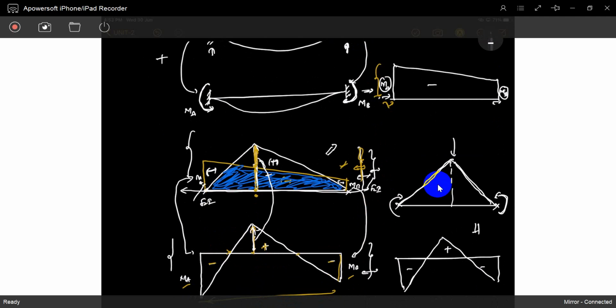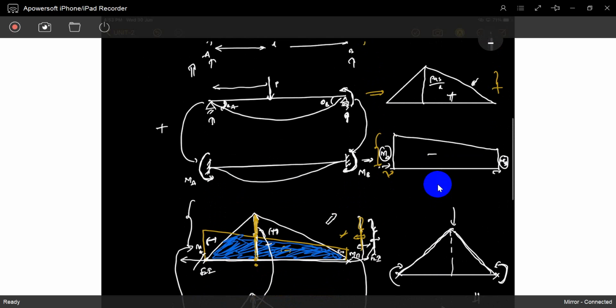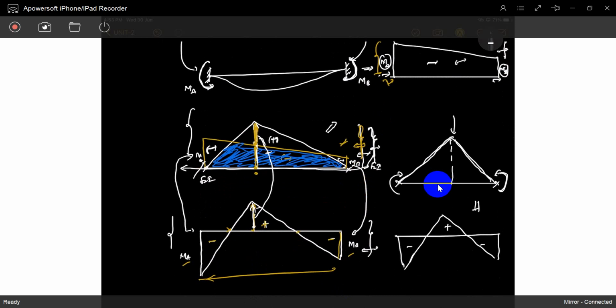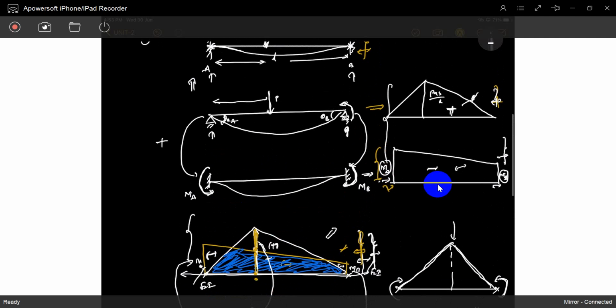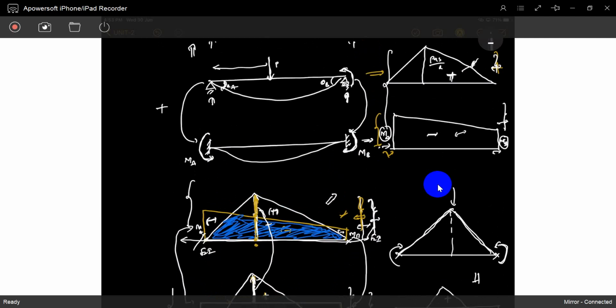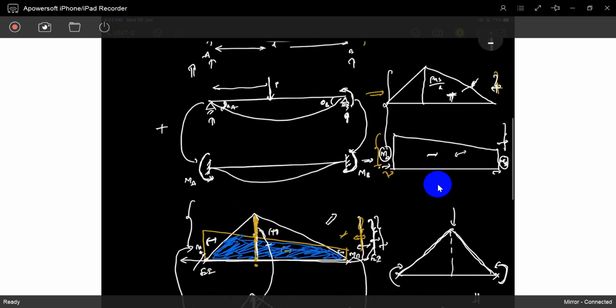No need. Because this diagram comes from both of these combined. One is positive, one is negative. To find the area of this positive and this negative part, we get the total area. If I know this value but don't know this value, how can you find the negative? Something is nullifying. The total area of this bending moment diagram comes from this area, this area, this area and this area. That's it, na?